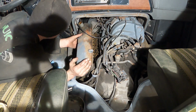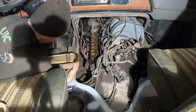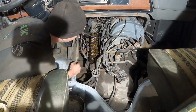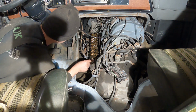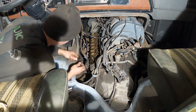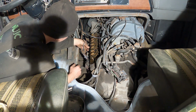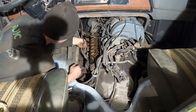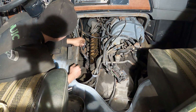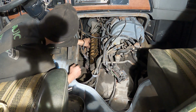Ta-da! Now, uh-oh. I don't see anything really obvious. Somebody's had this valve cover off before because there's cork gasket with RTV on it. But I don't see anything really obvious right now, except a lot of RTV